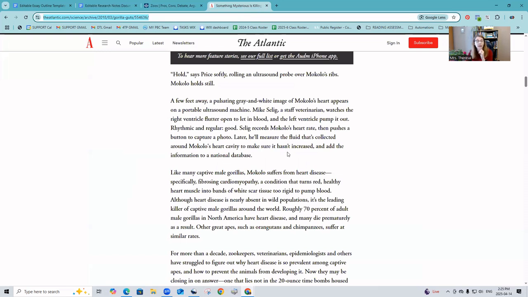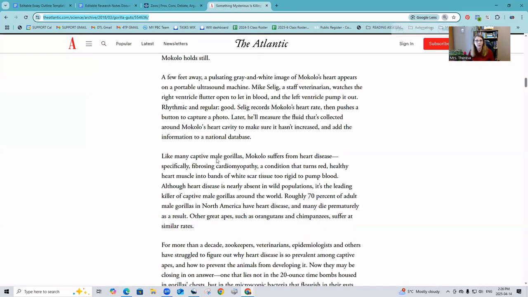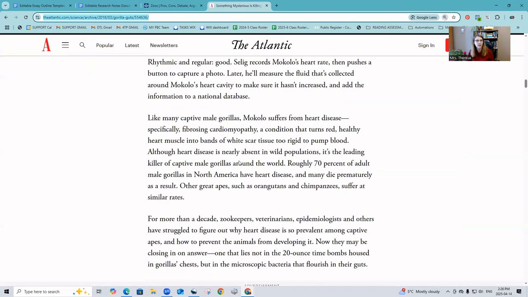The other thing that we need to make sure is that that's actually in this article. We can't just trust our first source and say, oh, well, they say it's there, so it must be. We can't trust sources. We have to make sure that what they say really was there. Here we go. Like many captive male gorillas, Mokolo suffers from heart disease, specifically fibrosing cardiomyopathy, a condition that turns red, healthy heart muscle to bands of white scar tissue.